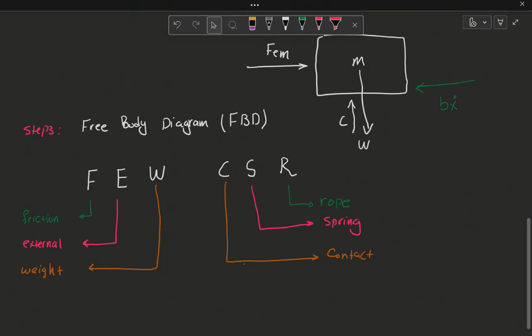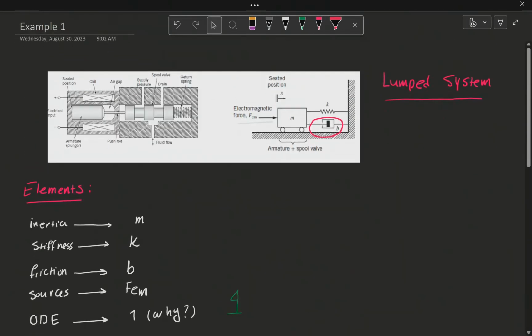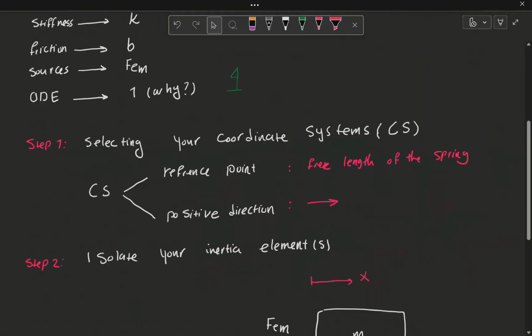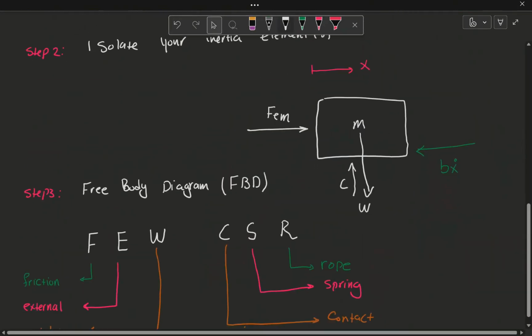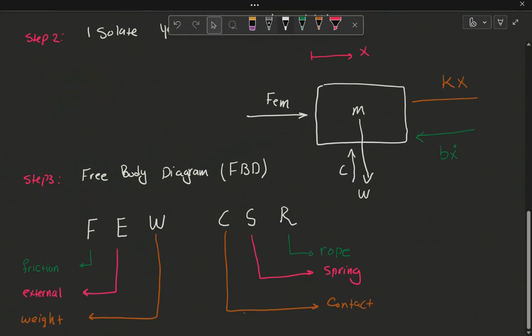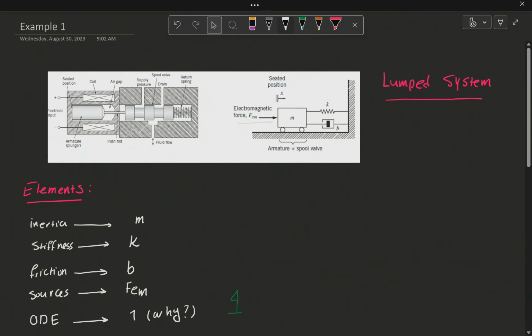The next one is the spring. This one is happening here. So if you look at the spring, you see that your spring is here. Again, for this spring, it's very easy to find the magnitude of the spring force because only one end of that spring is moving. The other end is clamped to the wall. So the magnitude is Kx. This is easy. The important part is the direction of this force, whether it's going to the right or to the left. So what I want you to do to figure out the direction of this